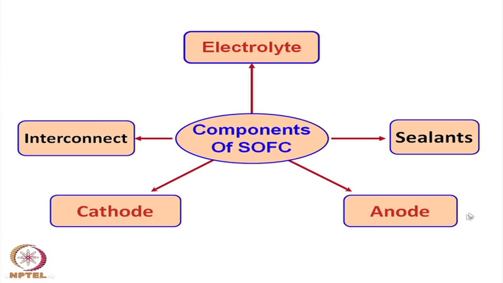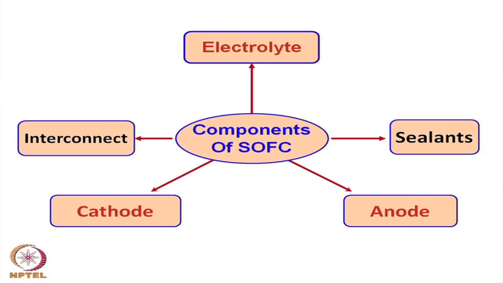Electrolyte, cathode and anode we have more or less discussed, their functions we have all more or less discussed, we will discuss further. But what is interconnect? Interconnect is basically a material which connects the cathode of one cell to the anode of another cell. That is why it is called interconnect, because the overall electric EMF for each cell is within 1 volt, and therefore, if you are talking about a power system having several hundred volts,